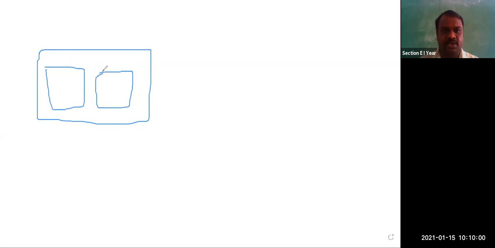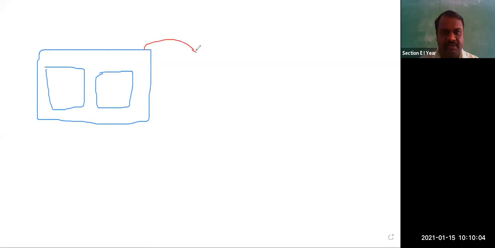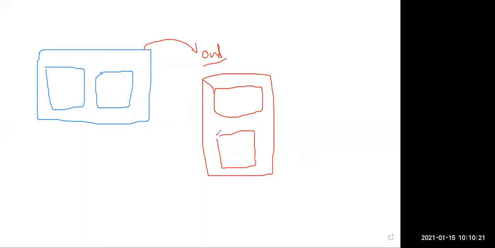Is it available like this or not? Yes, sir. Now this is the outer field set, and this content is the inner field set. If you write two inner field sets in the outer field set, what happens? Both will display one after the other, but not side by side. Yes or no? Yes, sir. You can see like this.